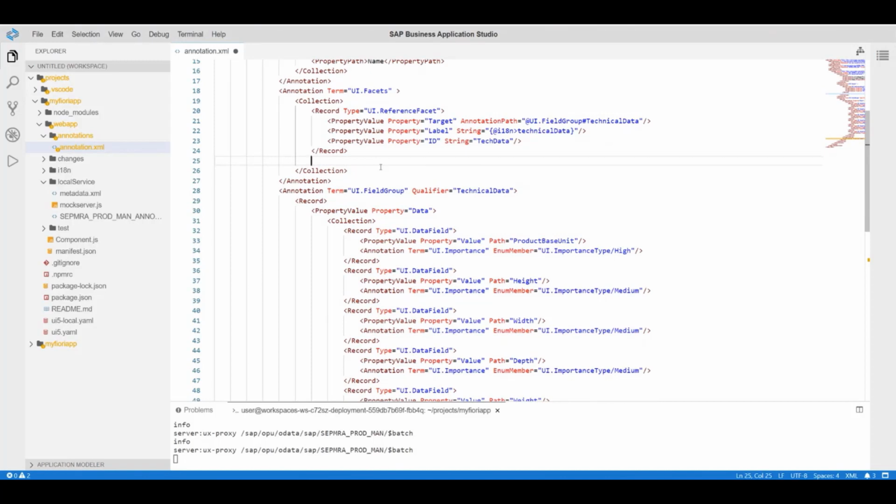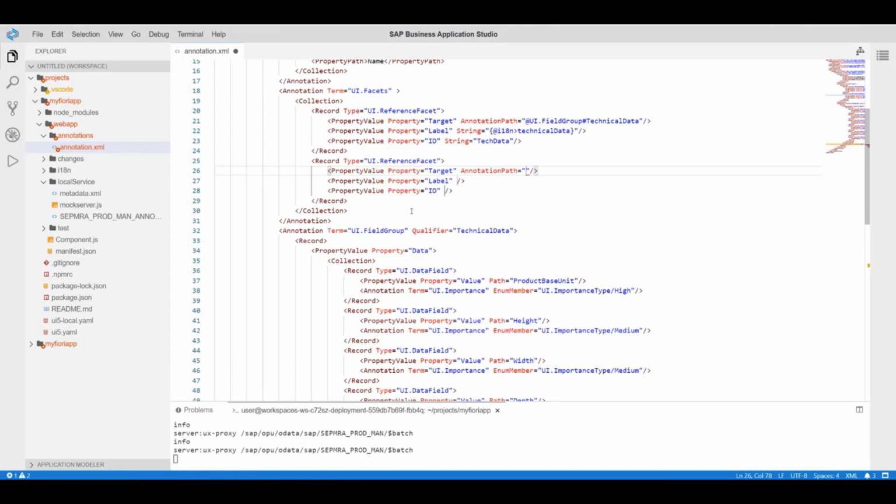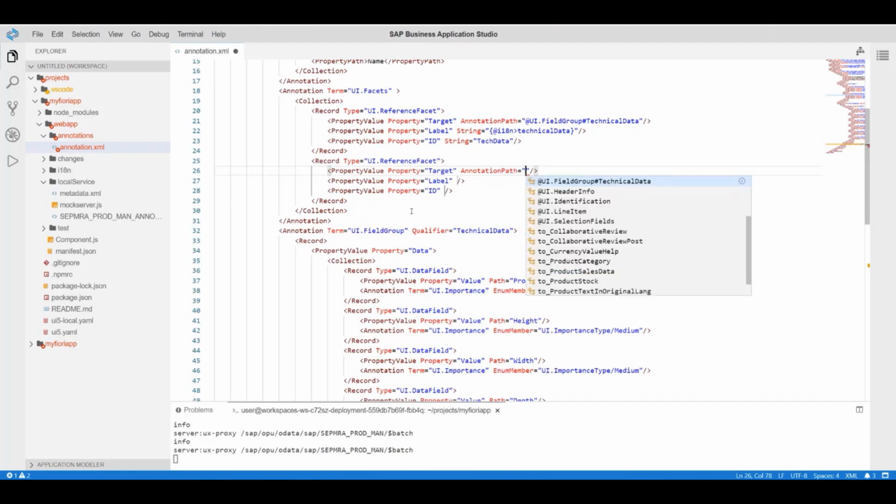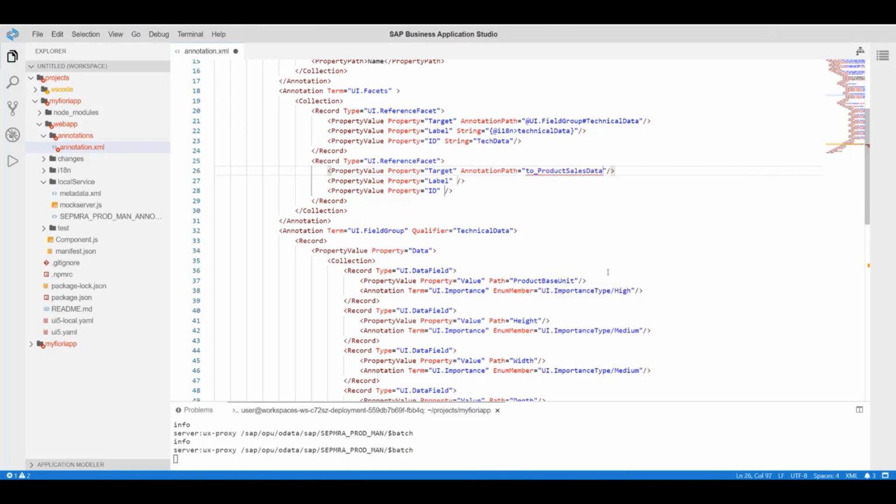line, and with control space, I again select to add a reference facet, full record. So it immediately inserts all the properties. As an annotation path, I want to reference a chart which is residing in the product sales data. So as a first step with code completion, I need to go to product sales data. And now with slash, I select the next segment, which is UI chart. So here we have already added